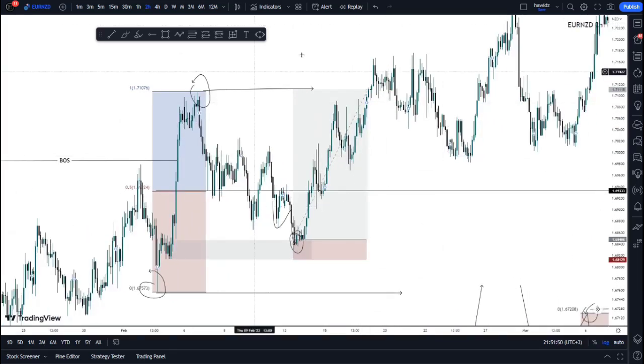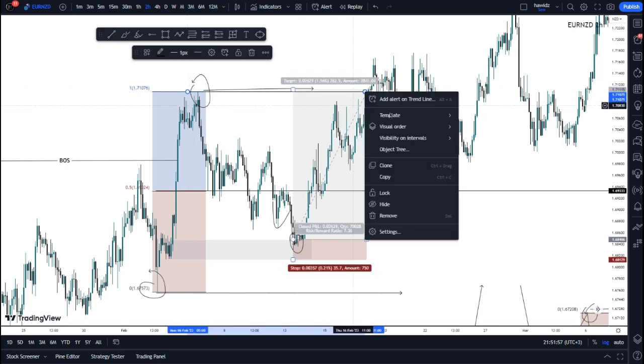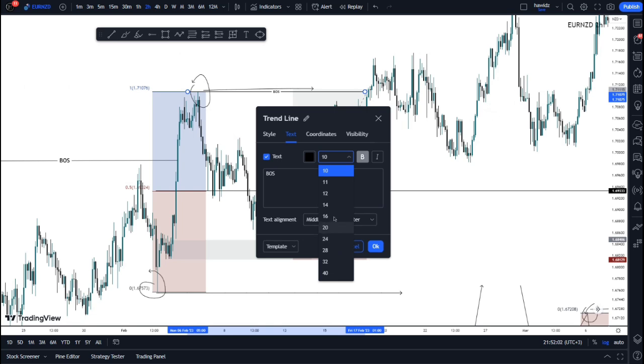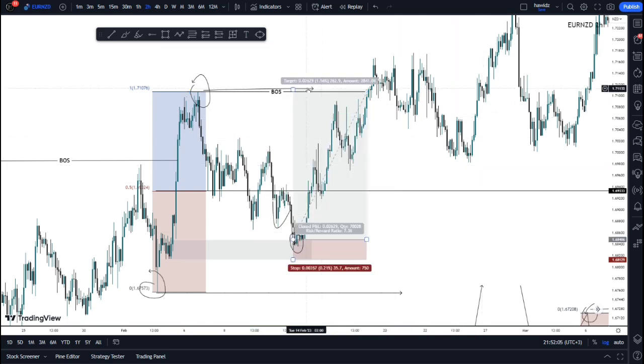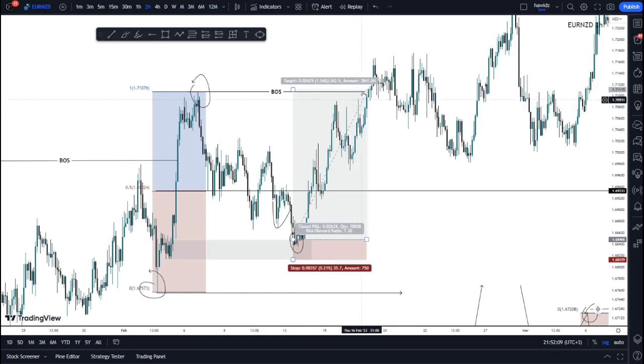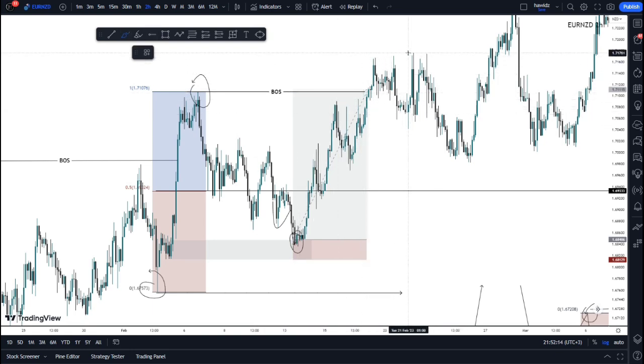So now we could have another range. From there, we now have another break of structure right here. And from this break of structure, we just have a structural break right there. We can just make this big, and we can just remove this now. So from this break, we can now see that a new high has been formed. So let's just take it as this high here. So a new high has been formed, but